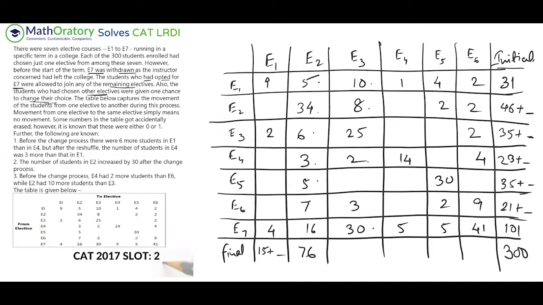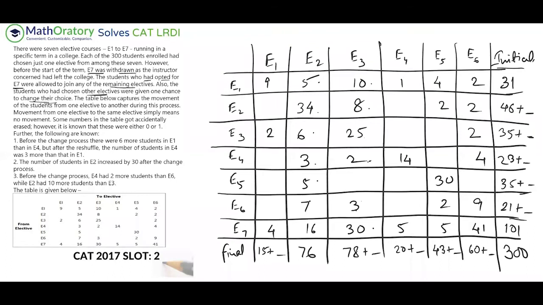So 3 and 2 is 5, 5 and 25. So let's do it in a different way. 3 and 2 is 5, 5 and 25 is 30, 30 and 10 is 40, 40 and 30 is 70, and that is 78. But there is a blank, so let us use that. 14, 15 plus 5 is 20. Then you have 4 to 2 is 8, plus 5 is 13, 30 is 43. 2 to 2, 4 is 10. That is 50, so that is 16 total. Plus again a blank. So this is what we have.